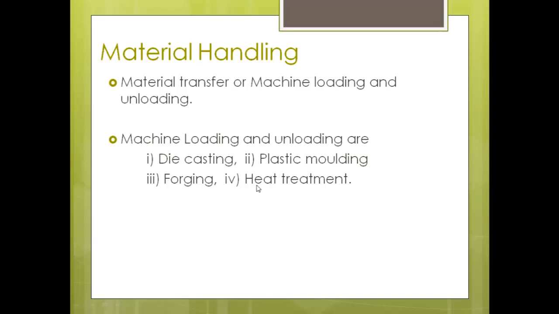Next important application is heat treatment. Heat treatment is nothing but placing the workpiece inside the furnace and applying external heat. Once we apply the external heat, it gets converted from solid into a molten state. That molten liquid material is again taken back and poured into the molding applications. That is called heat treatment applications.